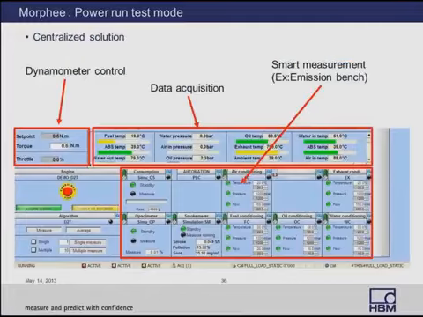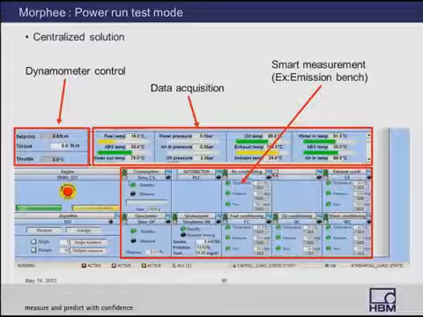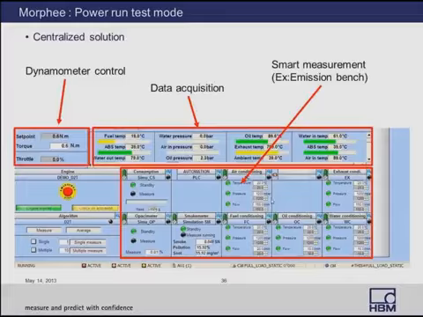A more detailed screenshot of the different hardware that is linked to Morphy. We said earlier that Morphy is the center of the dyno application. So we control the dyno, but also we get the values from the data acquisition. So we get all the temperatures and pressures from the engine and from the surroundings of the engine. But also we get all the smart measurements. We get the consumption from the consumption system. We get the smoke from the smoke meter, opacity meter,